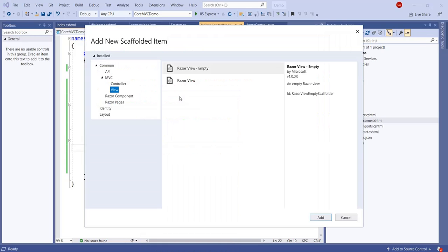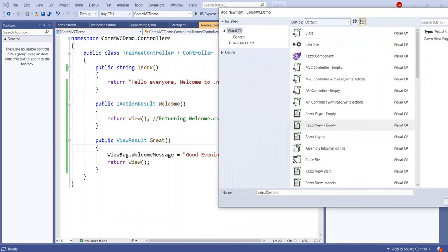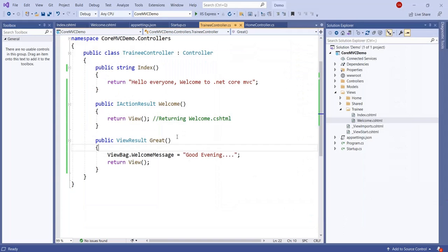Right click, add view. This time give the view the name greet.cshtml. Sorry, there is a spelling mistake.